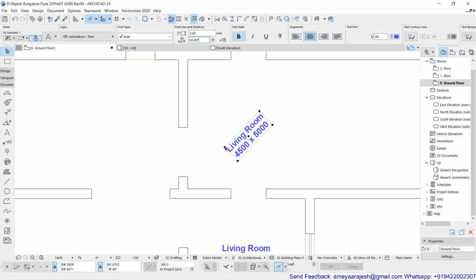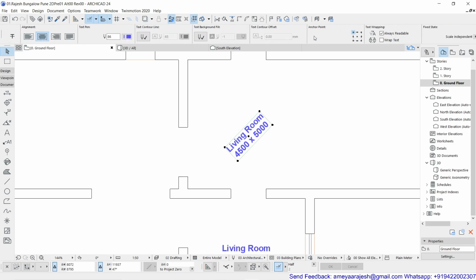Why is this getting considered? Because here it is supposed to be anchor point logic. For the paragraph, there are 9 possible locations which Archicad says I can use. Out of that, right now it is considering the upper left corner. So this text is getting anchored in your drawing with respect to this point.